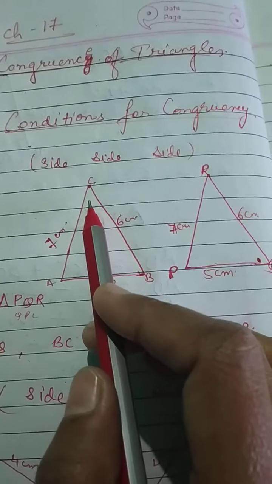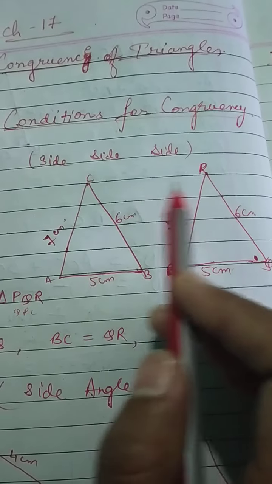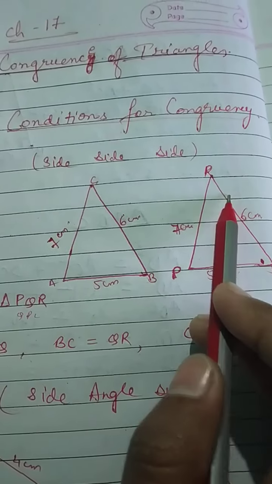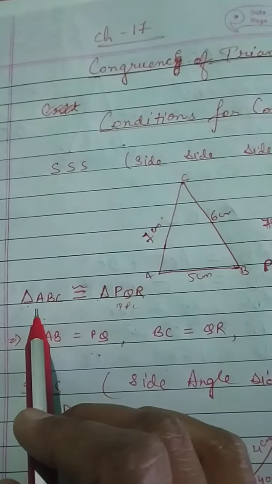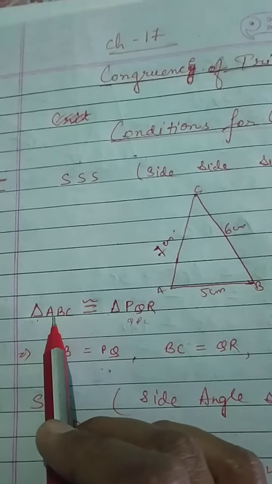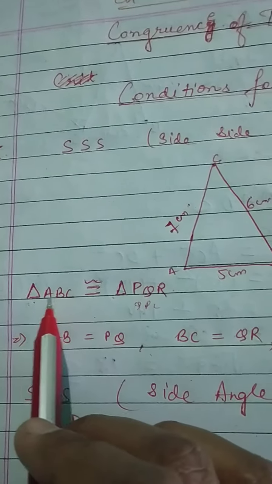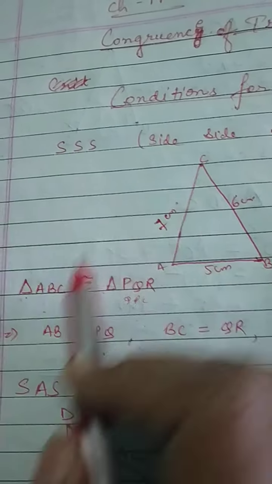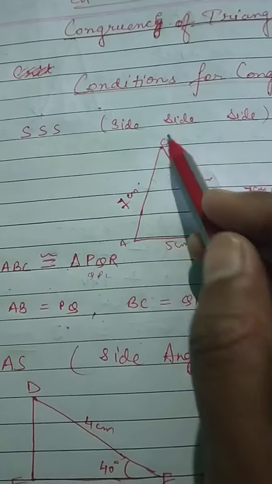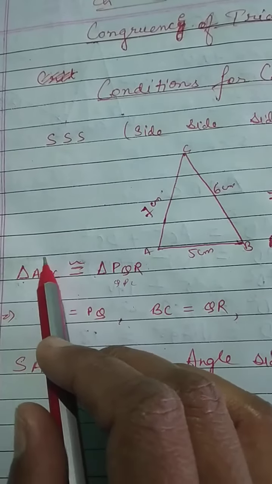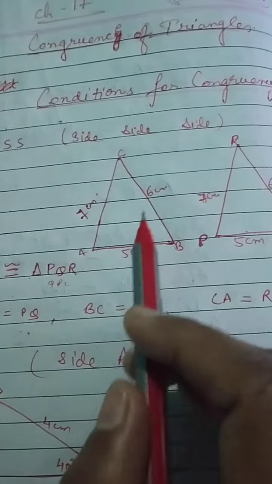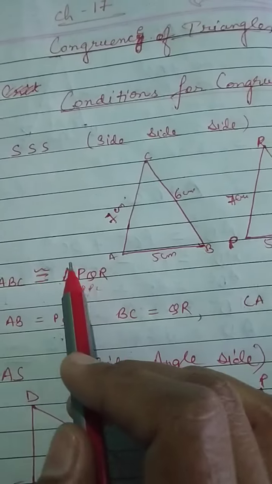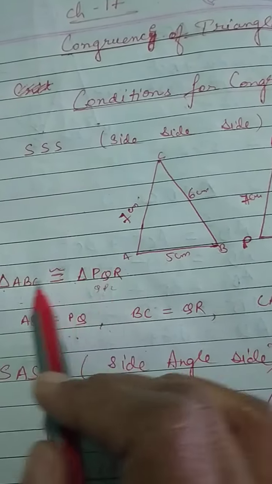And similarly, if angles are equal, then they are called corresponding angles. Okay, so here the corresponding sides are equal. So which side is equal to which side? You have to write according to the figure. Suppose you write triangle ABC is congruent to A, B. AC side is equal to, you can see AC I have written like this, A and C, side to side. So AC side is equal to PR. So you will write it PR like this.